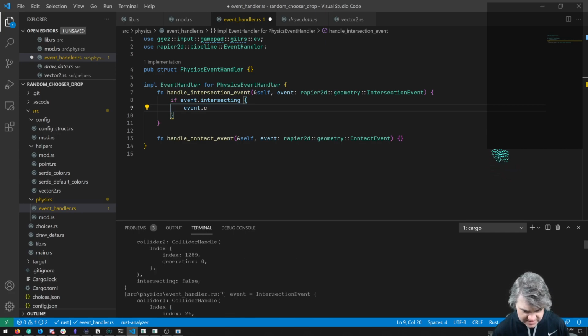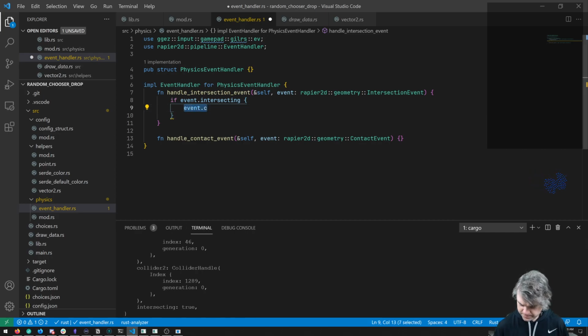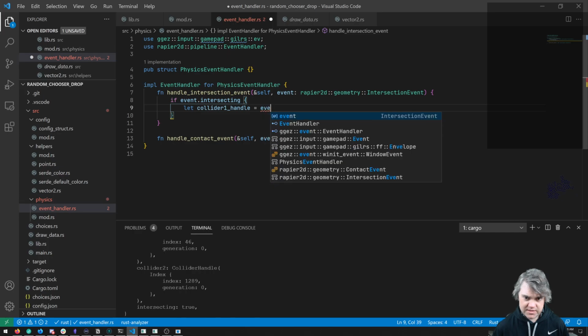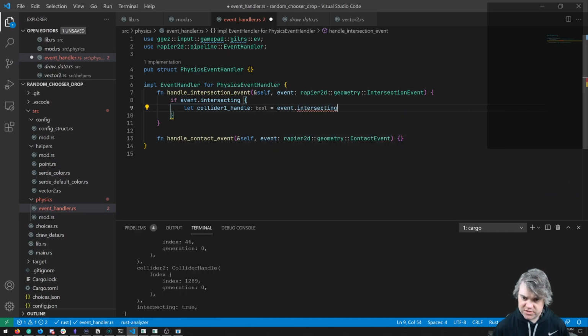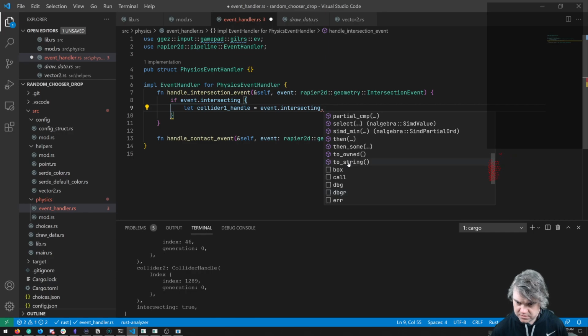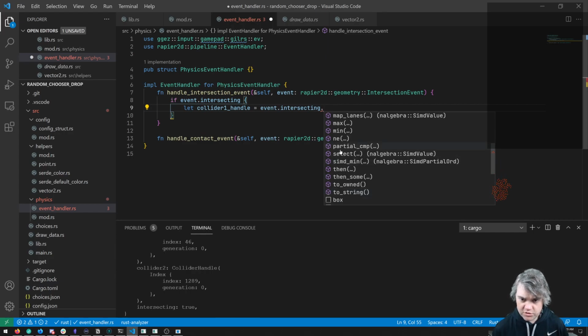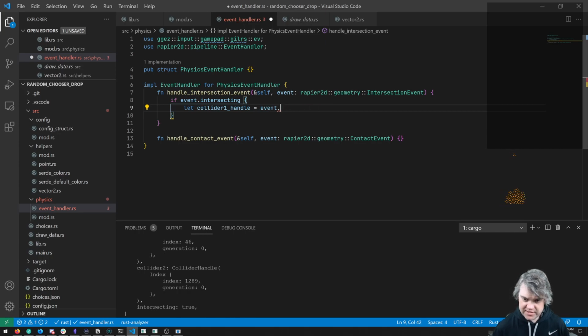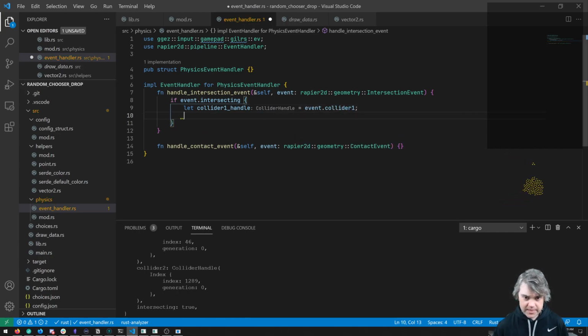But off of there, that has the index. But given a collider handle, okay, so collider 1 handle equals events intersecting dot, oh, not intersecting, because that's a boolean. Event dot collider 1. So if I get that, then I think what I can do is I can get